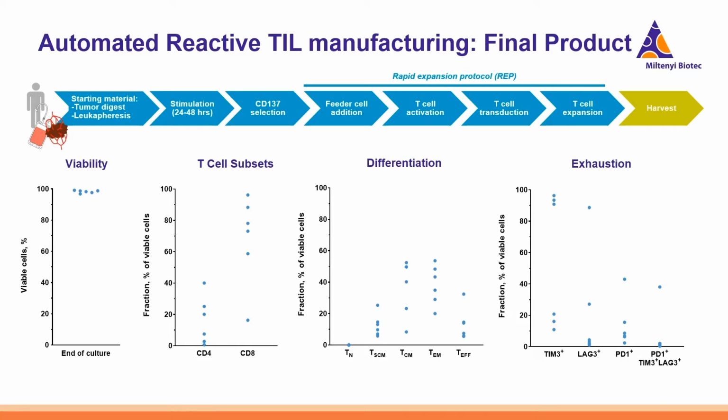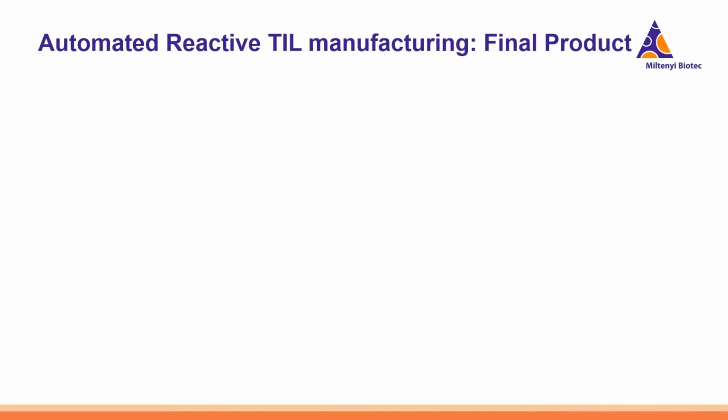Also, after the full process performed with TILs enriched from the tumor digest for CD137, we obtained highly viable products with a high fraction of CD8 positive cells, which is also associated with good therapy responses in the TIL field. And furthermore, we again saw most of our cells to have the memory phenotype and rather low expression of exhaustion markers. As we discussed in the beginning of this webinar, polyclonality is the key feature of the TIL drug, and there is always a concern in the field about whether we are favoring certain clones by the expansion while losing the others. To address this, we have